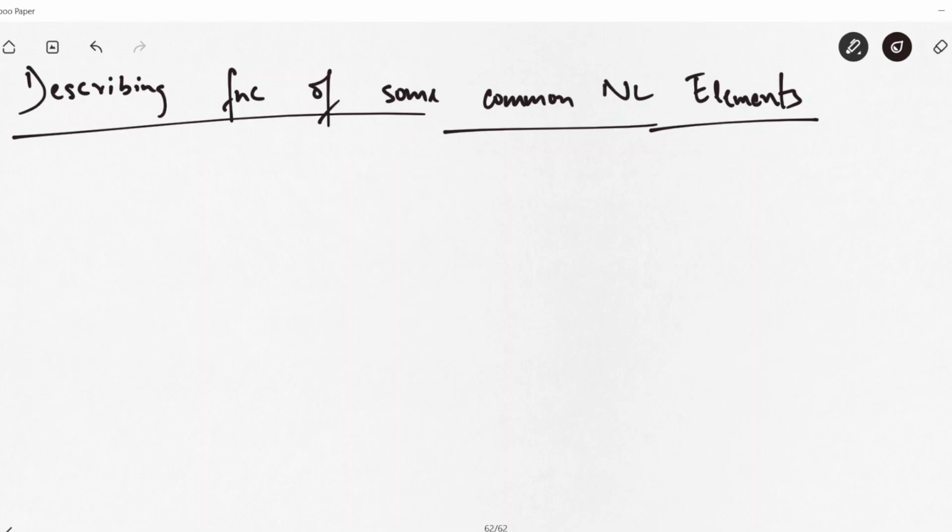So we'll start with the on-off relay. Or we can simply say on-off nonlinearity. So the on-off relay,